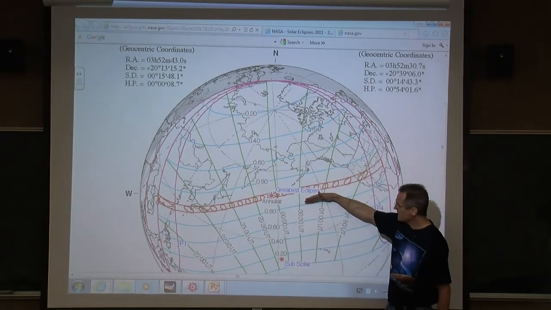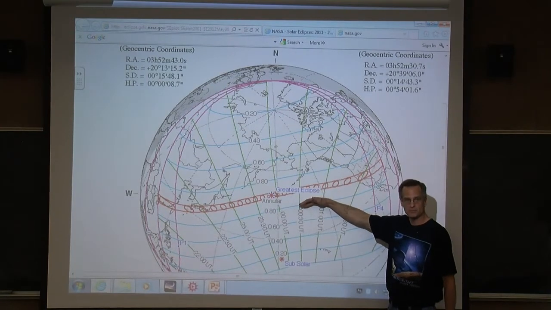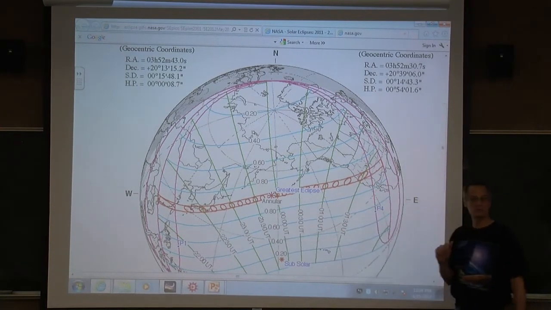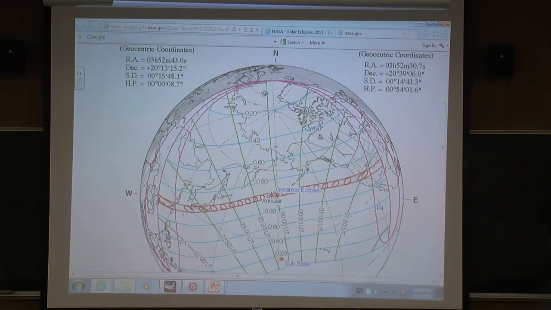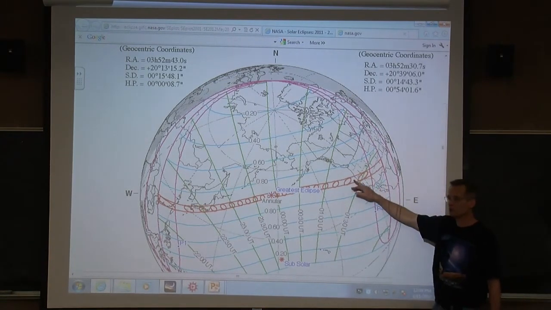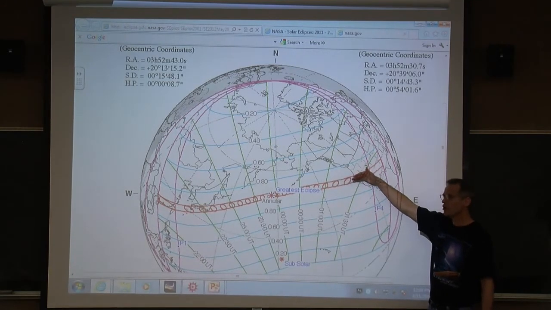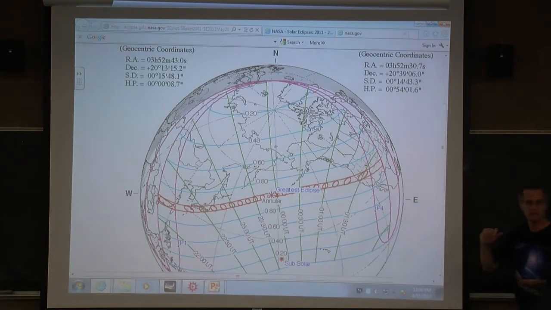And then outside the antumbra, you're going to be in the penumbra. This is showing you how much of the sun's disk will be blocked. Now, even if you're just outside of it, say here in Alamosa, we're going to be just outside of the antumbra, still going to have almost 91% of the disk blocked. So it's still going to be a good eclipse to observe from here, although I'm not going to.